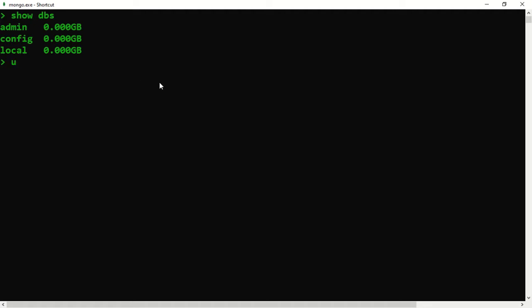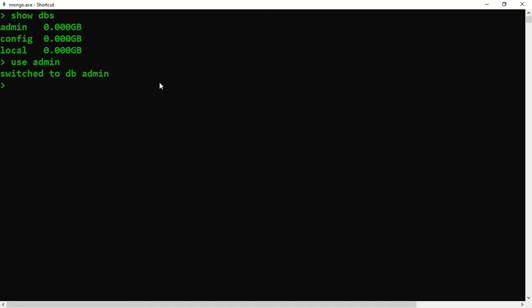Still we'll try to do it and see, okay. We'll say use admin. When you say use admin, it means please open the admin database, or please shift to the admin database. I want to use the admin database, okay. I press enter. Right now MongoDB returns switched to db admin. That means the Mongo database is saying that you are in the admin DB now. Hereafter, whatever commands you issue will be affecting the admin database, okay.